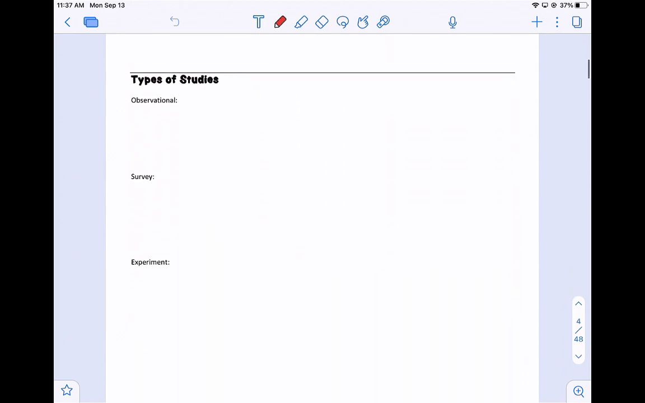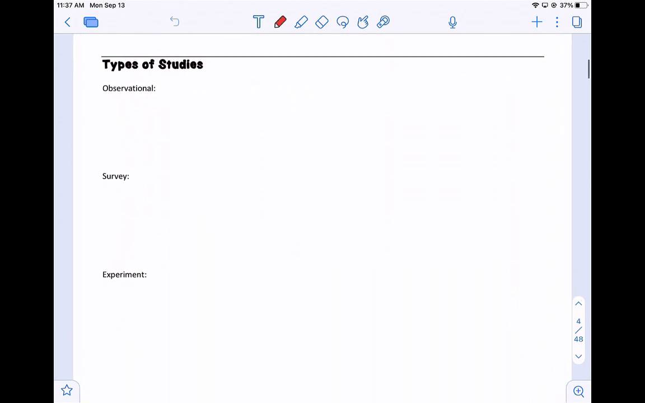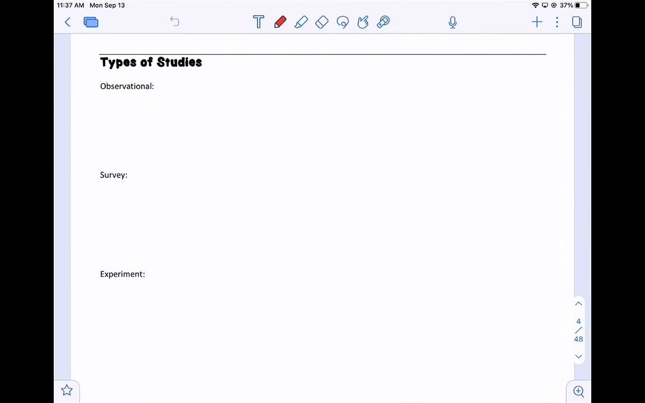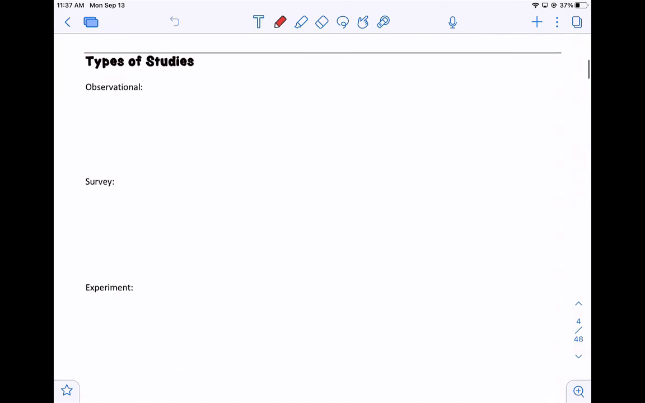And hopefully you'll be able to categorize them into 3 different types of studies. And the 3 types of studies are observational, survey, and experiment. So the more formal definition, and we'll go over what is your definition of each one of these in class, but the more formal definitions, it's an observational study if it